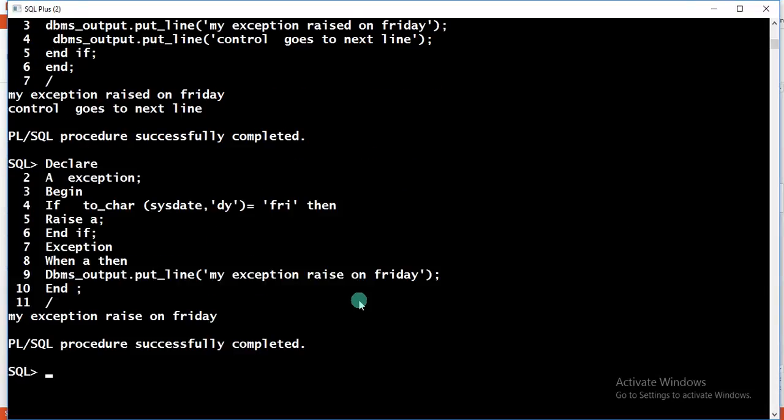See, now see, my exception raised on Friday. Okay, now see, so if to_char of sysdate equal to Friday, today is Friday, then raise A. Now it goes to the exception section, now displaying this plain text message. For example, I'm modifying here